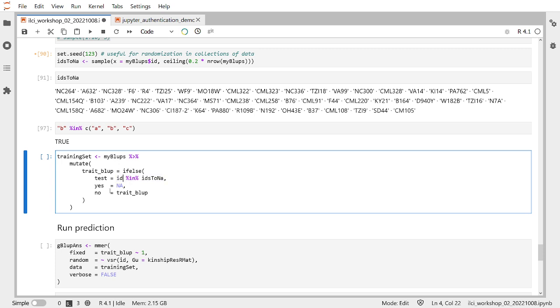It's going to be true. And then if it is, so we got the positive statement, we're going to trigger this positive statement. We're going to convert that into NA. But if it's not, so if that ID is not in this collection, it's just going to stay the same value. So we can just pass the normal trait BLUP value to that. And so if we run that,